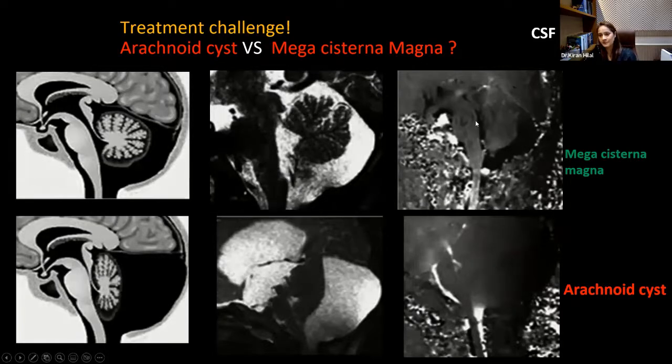Forget about these names, but remember, can you see this CSF black area and the rest of the CSF spaces? If you see, this is showing the continuation with this cystic area. This is the cystic area, and you can see the continuation. So this cyst is continuous with the rest of the CSF spaces. So this is your mega cisterna, and you don't need to do any surgical intervention because you're not going to remove anything. It's just a